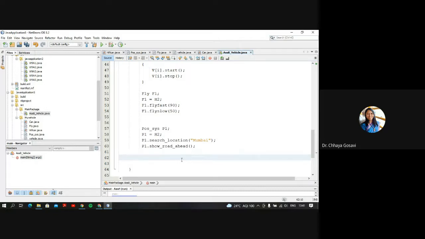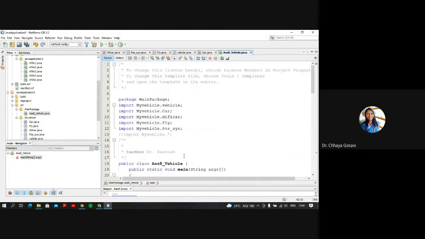How to create a package? To create a package, you have to write before your code, this should be your first line, package and the name of the package. And to import a package, we have to write the keyword import, then the package name and dot class name or interface name.